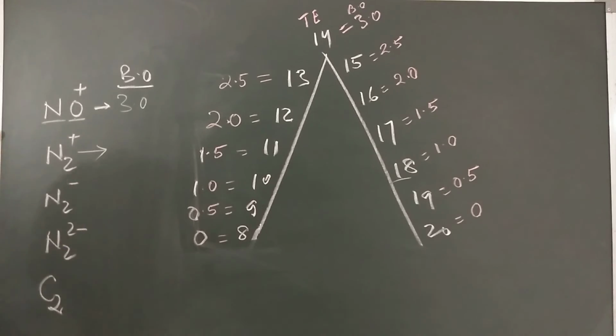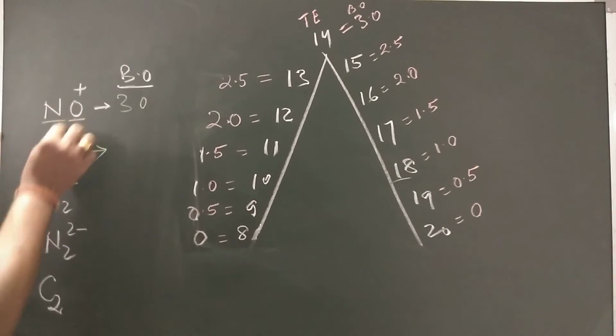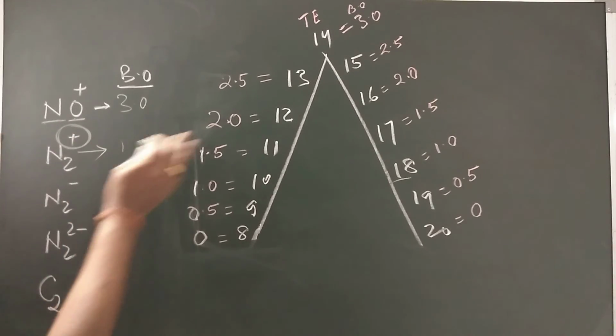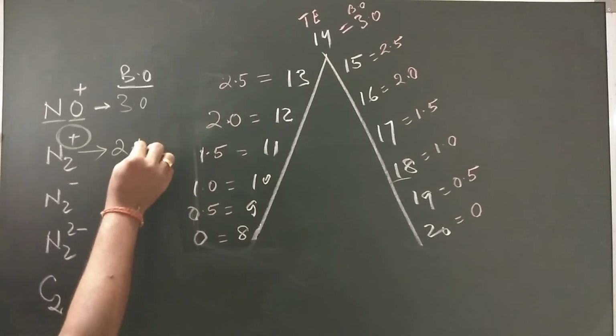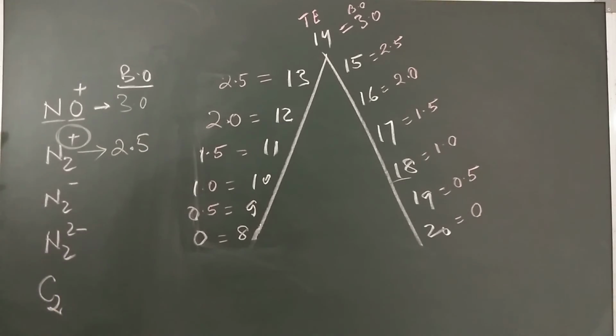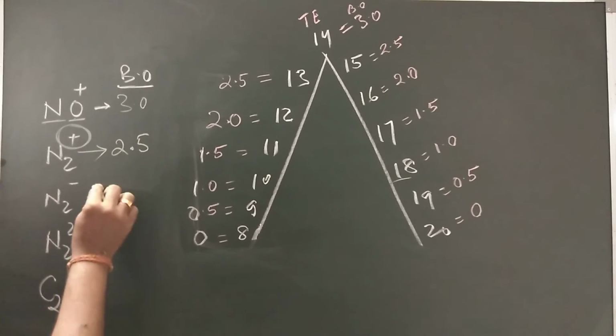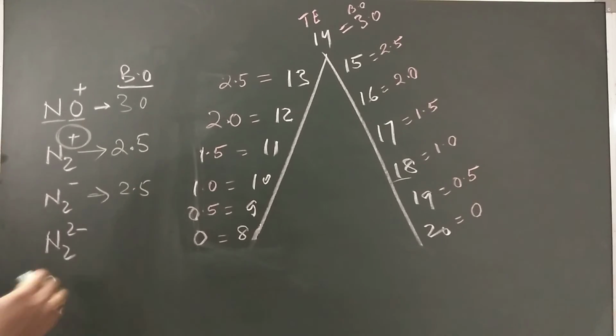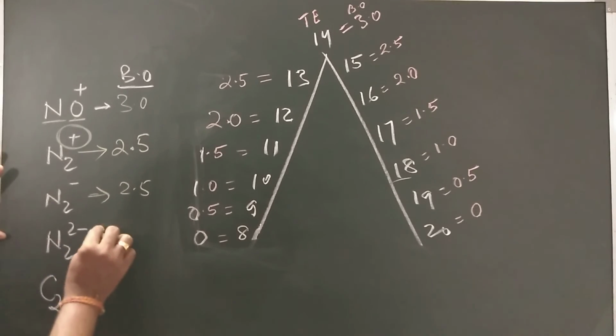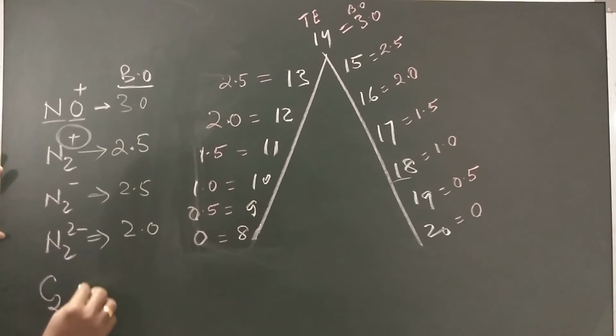N2 plus. N2 plus means N2 has 14 electrons, so 1 electron is reduced, so it is 13 electrons. In case of 13, it is 2.5. The bond order is 2.5. In case of N2 minus, it has 15 electrons, so 15 electrons has 2.5, so it also has a bond order of 2.5. In case of N2 2 minus, it has 16, so its bond order is equal to the oxygen bond order, that is 2. In case of C2, the dicarbon species, the total electron is 12, so in case of 12 you are seeing that the bond order is 2,